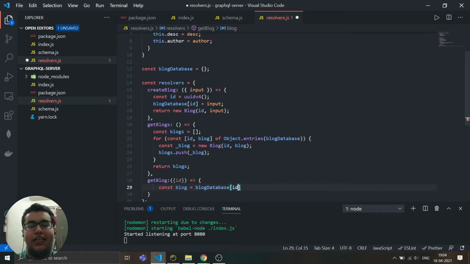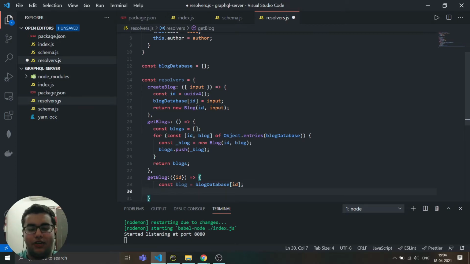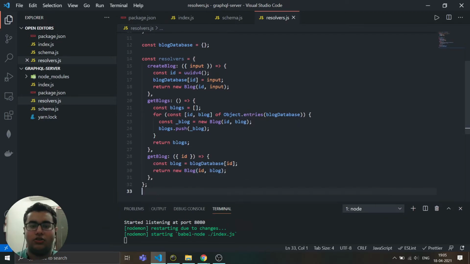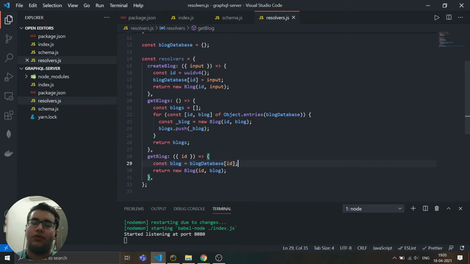As the key is stored as id, it can easily get the value from here. Then it will return a new blog, id and blog. So what the get blog is doing is it is getting the blog from the blog database by using the id that is passed, then it is returning the blog.